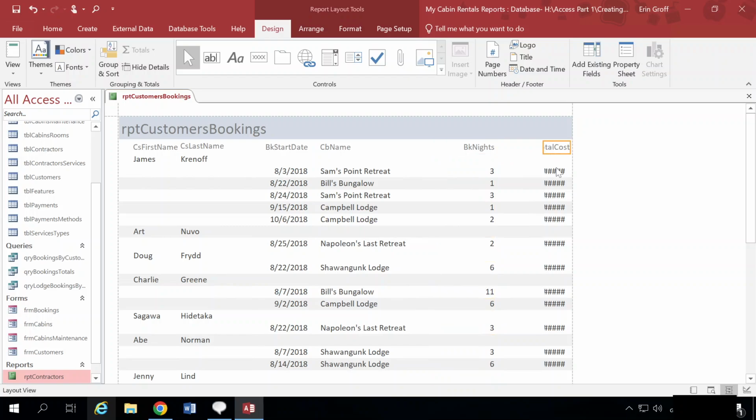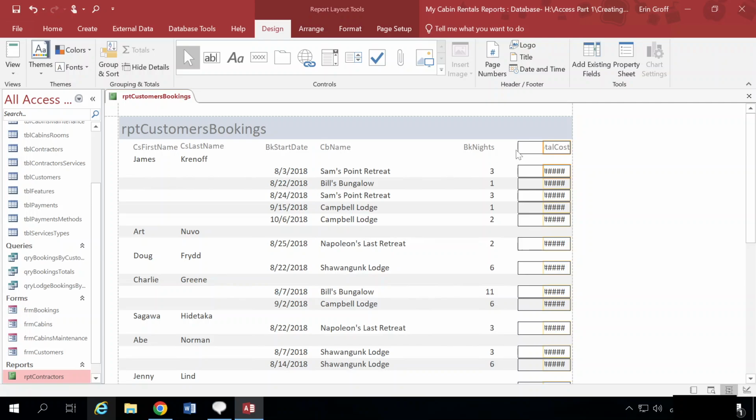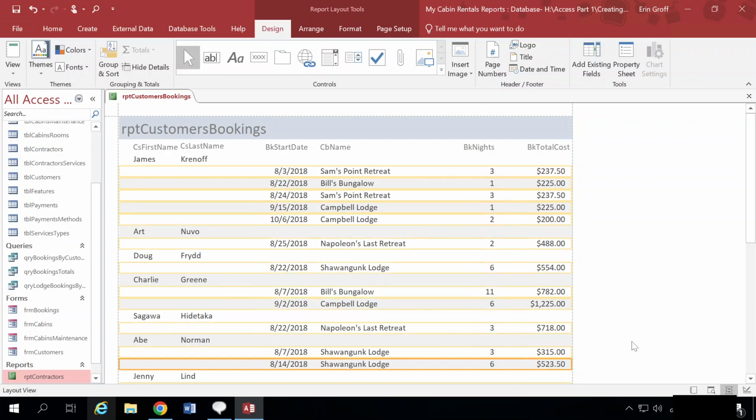And then same for total cost. Select the label, select all the fields, and then we can bring that over so we can actually read the total cost. All right, so now we're going to switch to,